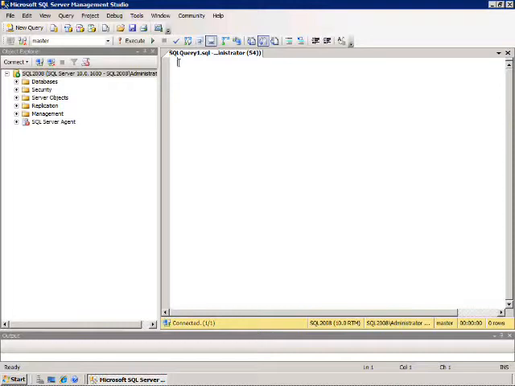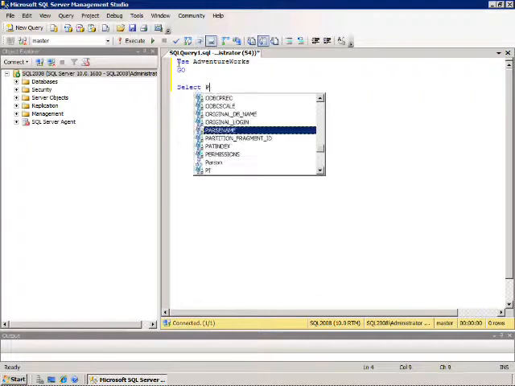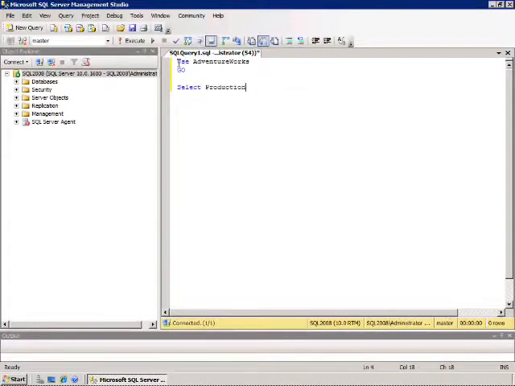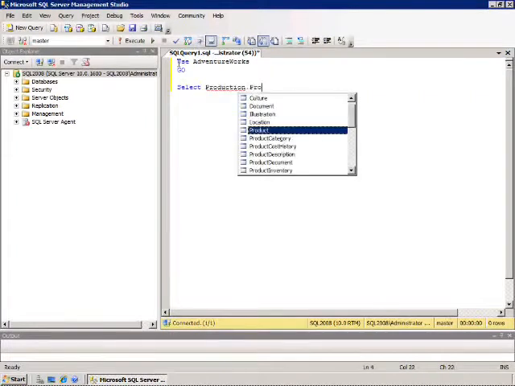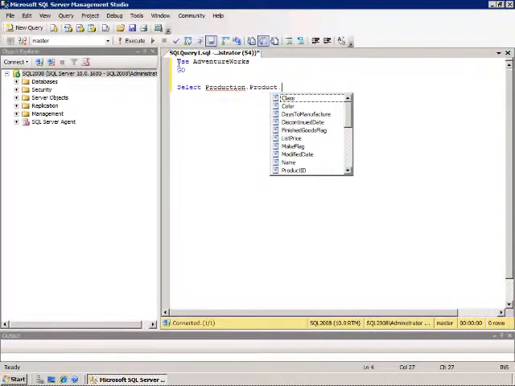So the first thing I need to do in my workload file, if I'm going to use a SQL file, is to tell it which database I want to use. So I'll start off and say use AdventureWorks, and then I need to type in a couple of select statements so I have some work to do. So I will select out of Production.Product the product ID,